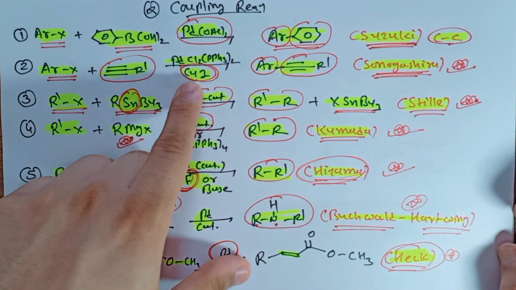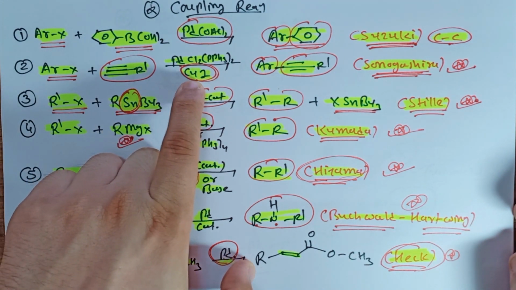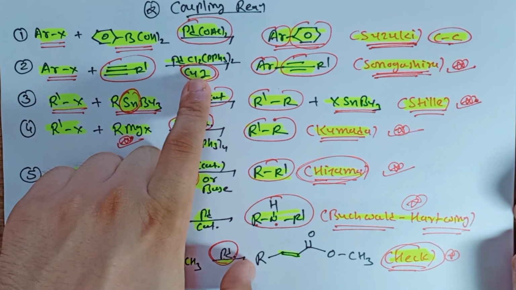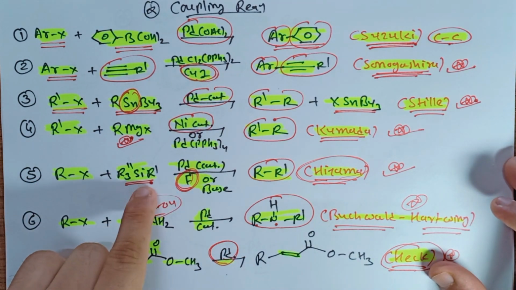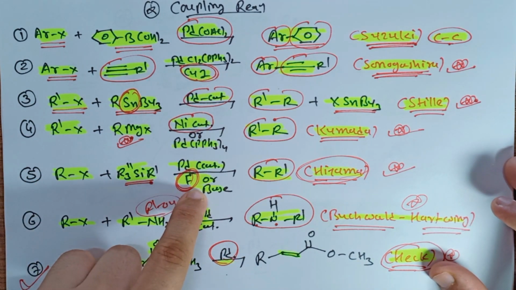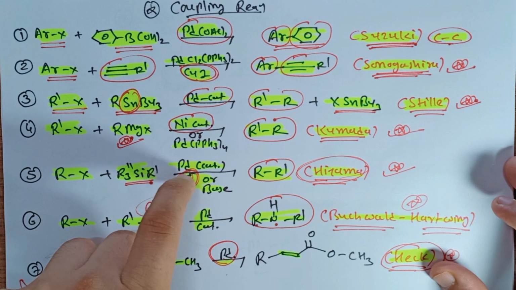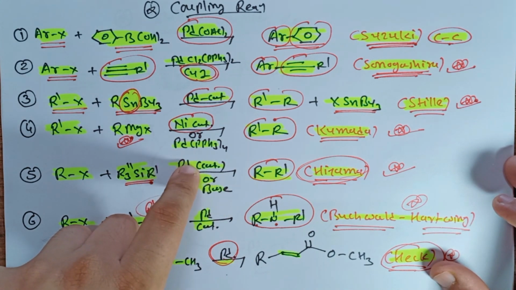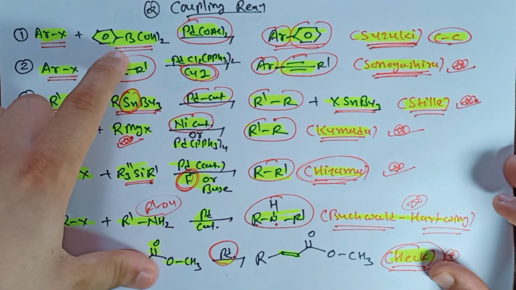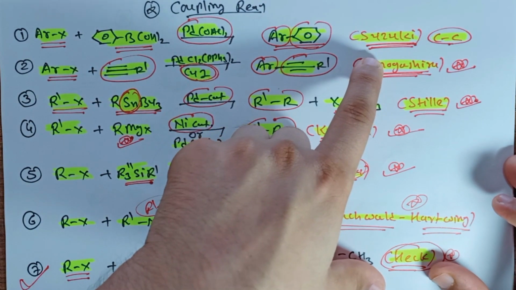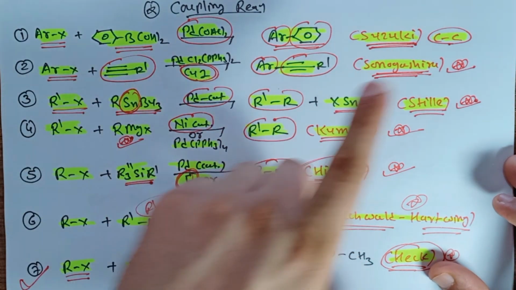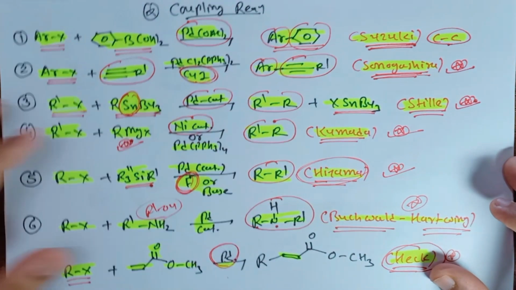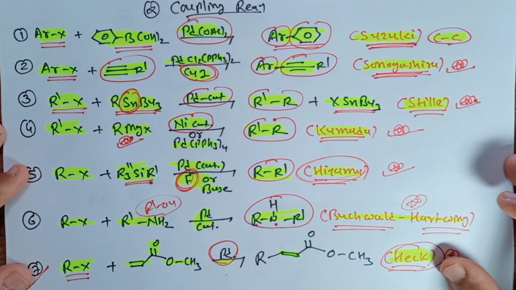Now in the Sonogashira reaction you will find a co-catalyst, that is the copper iodide. Okay, so now in the silicon derivative reaction, this is a Hiyama coupling reaction, you will find a tetrabutylammonium fluoride. This is a special thing, you have to remember that thing. Okay, now phenylboronic acid from the Suzuki reaction and alkyne group from the Sonogashira reaction. Okay, so this is from the coupling reaction.